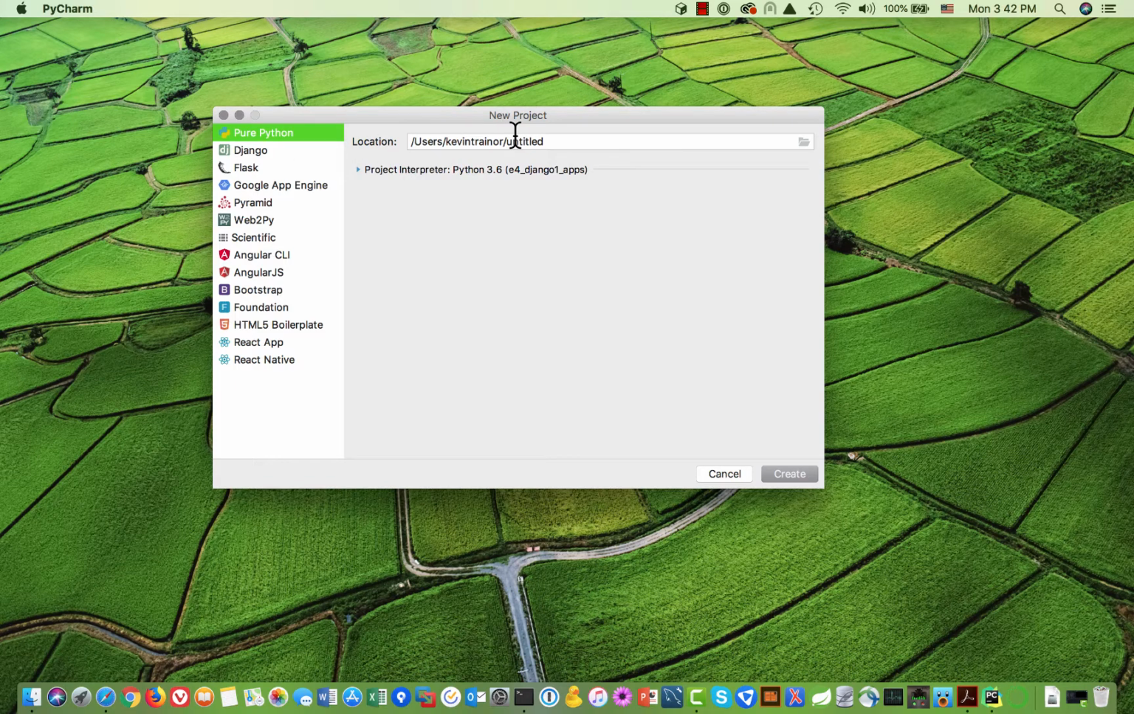Now, over on the right-hand side, we want to do two things. First, we have to pick a name for our project. The name for our project is going to be the name for the directory that the project is going to live in. Unfortunately, it's out at the end of this path. So if you don't change it, you're going to get a project called Untitled, which is probably not what you want. So let's